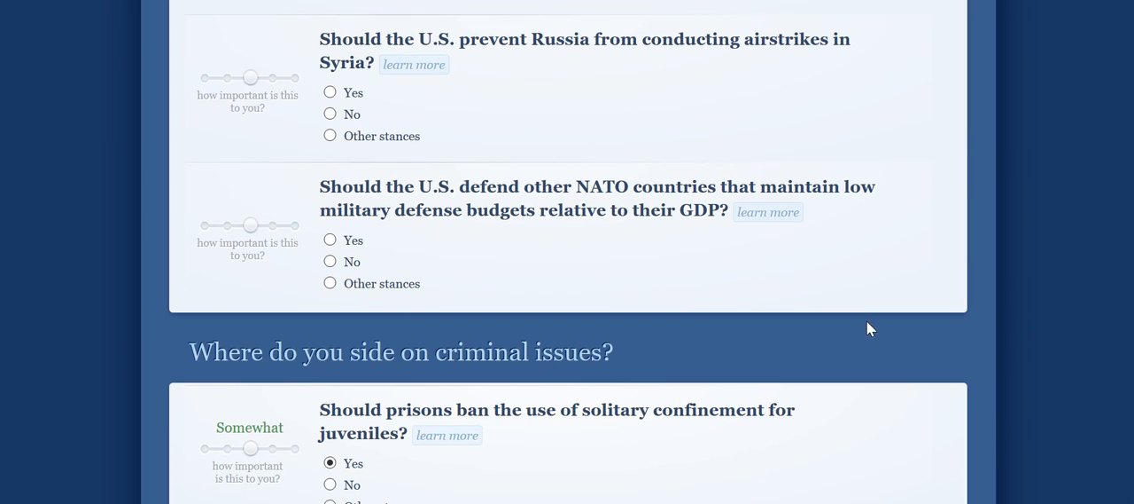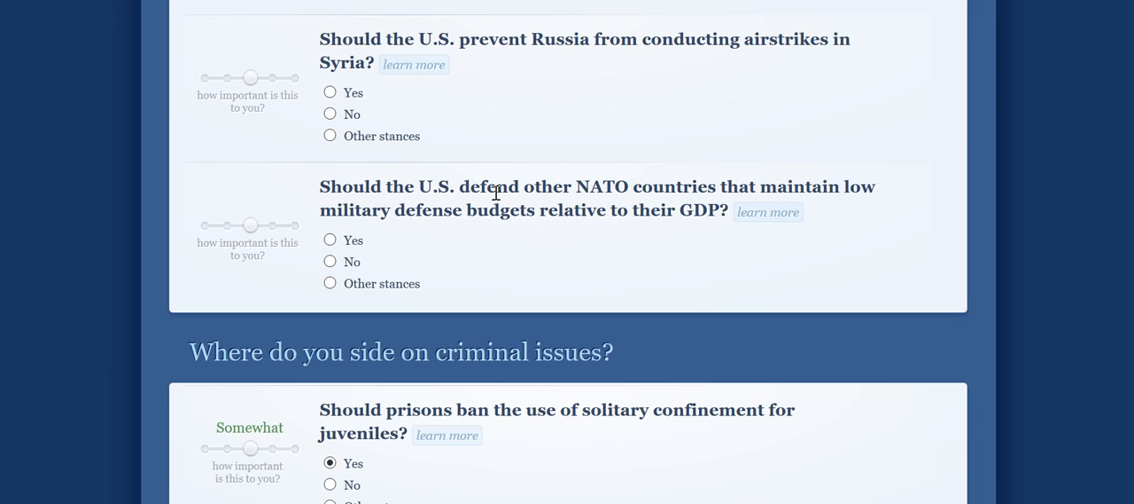Should the U.S. defend other NATO countries that maintain low military defense budgets relative to their GDP? Okay, so, this is the controversial one, because in this one I'm kind of Trumpian. Trump said, maybe we should renegotiate NATO, and everybody went nuts. But the thing is, he's right about that. For those of you who don't know NATO,